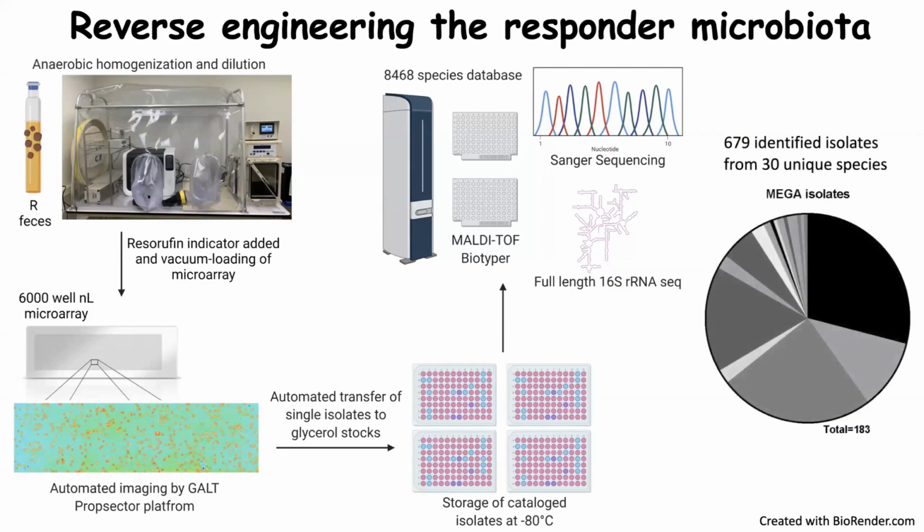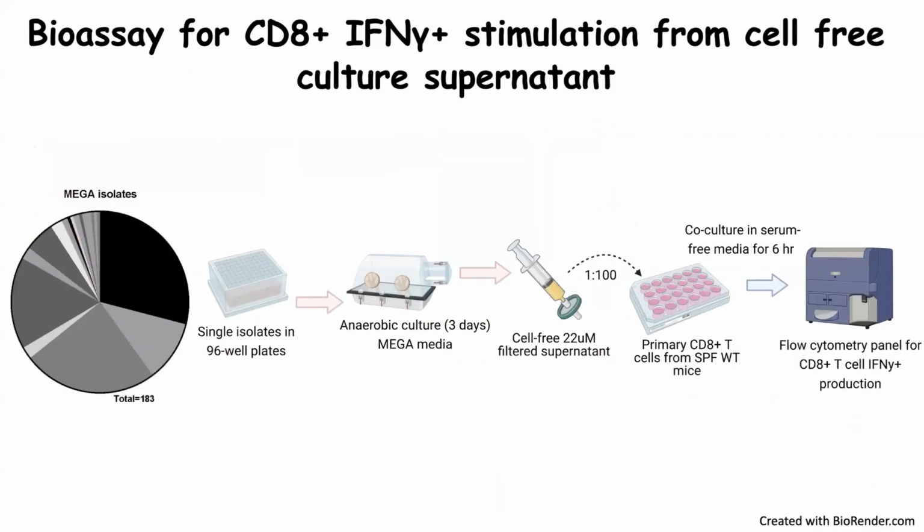I told you that a lot of Bacteroides were found in our responder bacteria, so we were interested in these guys. So we found a lot of bacteria. Now, since we are interested in anti-tumor response, which means that immune cells likely that kill tumors will secrete anti-tumor molecules. So what we decided to do is to take the 183 Bacteroides that we identified by the prospector, plate them individually, one by one, into a 96 well plate to grow them.